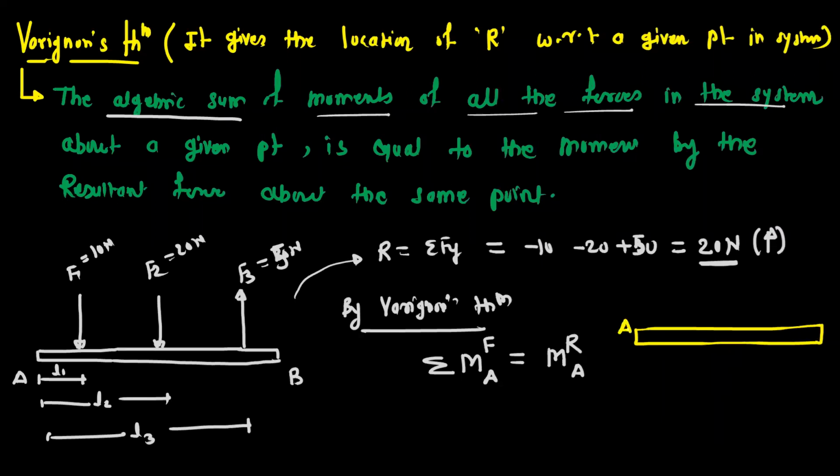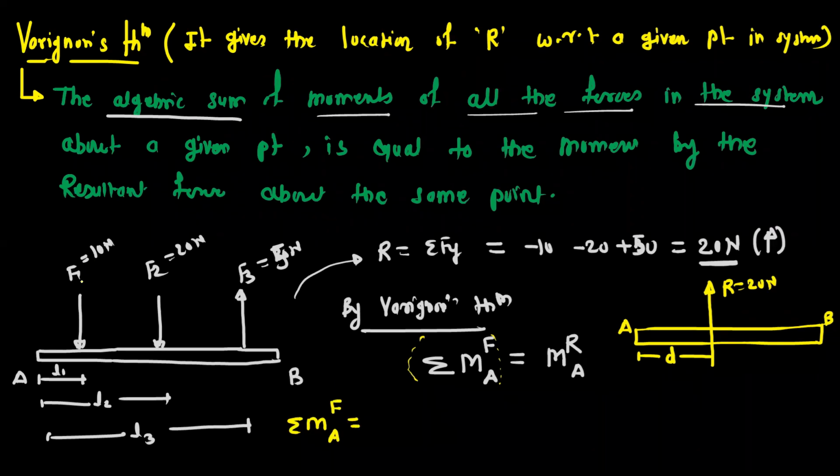Okay, so the object will be the same, which is AB. We know the resultant is 20 Newton. So this is the upward direction. So here R is equal to 20. We just don't know this distance. Okay, so I will assume this as D. So D is the perpendicular distance. Now concentrate on the left hand side. What is the left hand side here? Summation of moment by all the forces about point A. So summation of moment by all the forces about point A is equal to